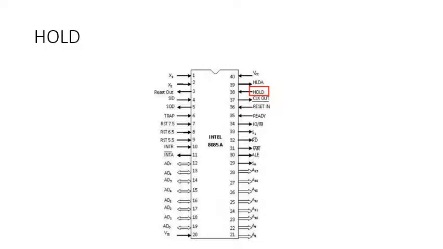So in order to get access to 8085 memory, the external device will send a hold signal through this hold pin. So the external device is going to access the memory directly without the interference of the 8085 microprocessor. This is named direct memory access transfer, DMA. A high signal on this pin, that is hold pin, is a request to the microprocessor to relinquish the hold on buses. This request is sent by the DMA controller.